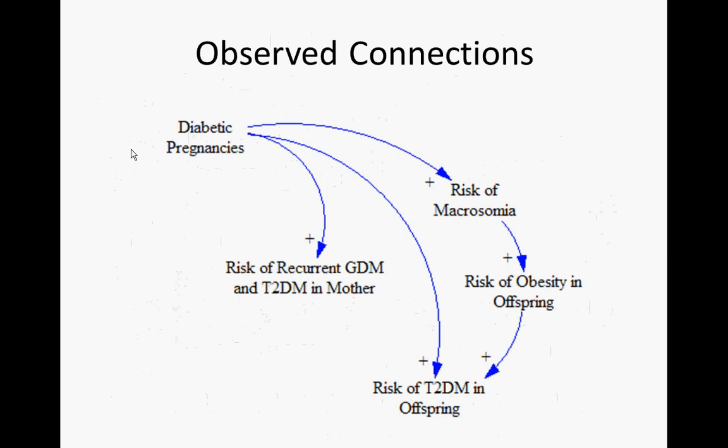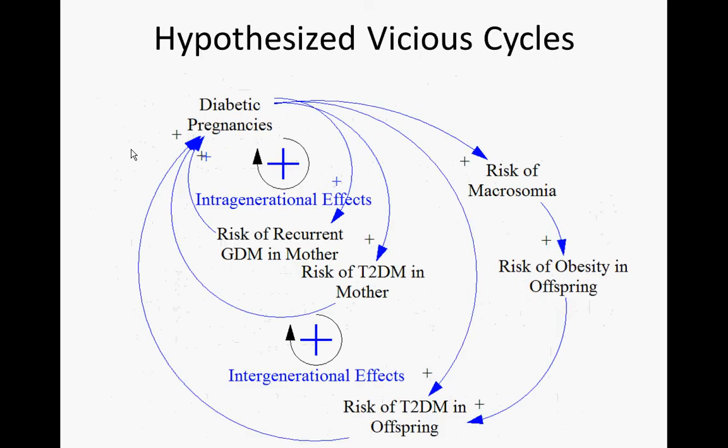So I've noted a variety of connections here that have been commented on in the literature, and the evidence for these connections is very strong. What we've tried to do within our modeling is to complete the circle, as it were, to put the pieces together and to understand the ways in which they may be contributing to two vicious cycles, ways in which high